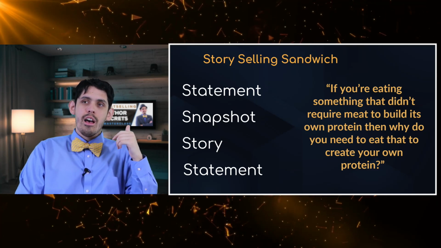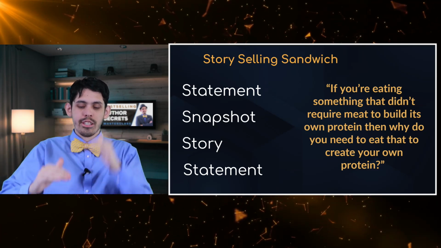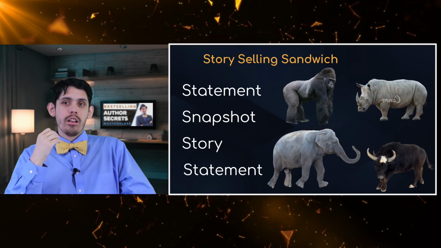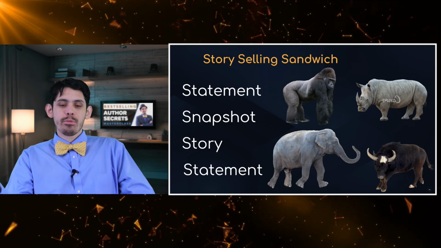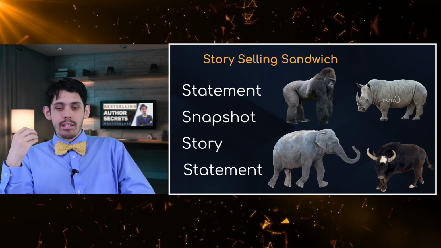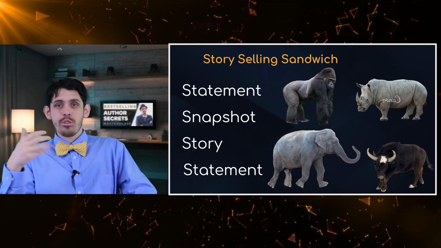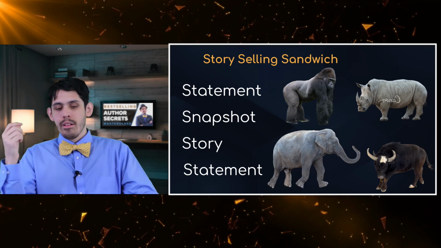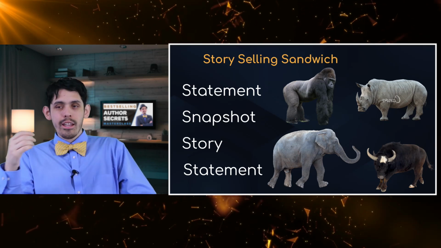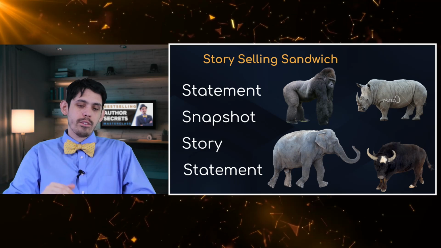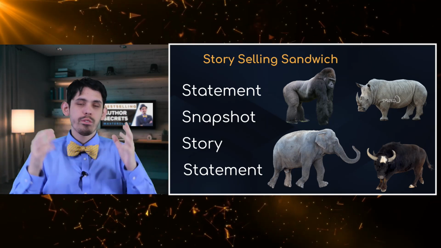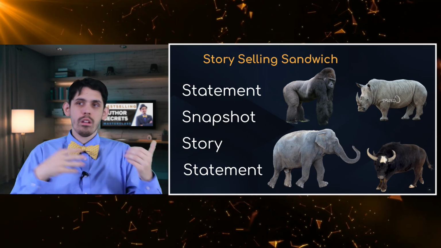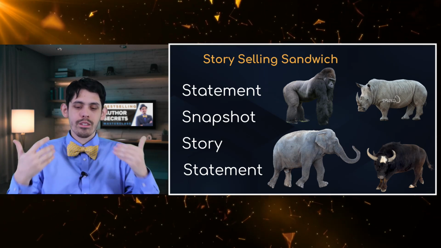And then he does a statement stack, and he starts explaining where he's actually stacking these statements. He's saying, well, think about some of the strongest animals. Where do they get their protein? You see the gorilla, he doesn't eat the meat. You see the rhinoceros, the elephant, which is the largest mammal on land. You have the ox, strong as the ox, right? And so he goes through and he just stacks all these statements. So now he's got this beautifully packaged story selling sandwich that makes you be like, wow, that it makes the concept a lot more palatable, a lot more digestible, a lot more easy to grasp.